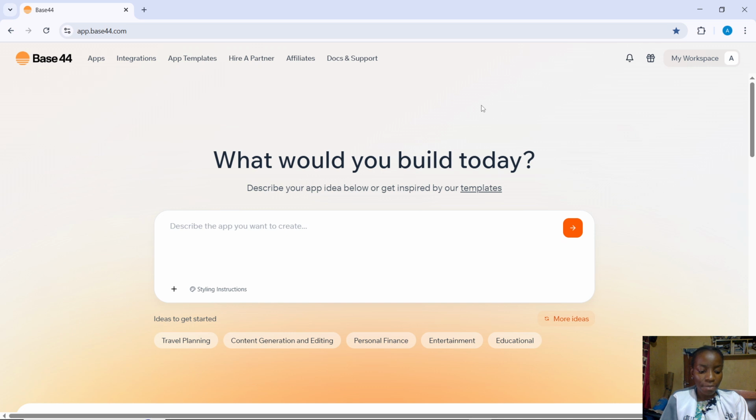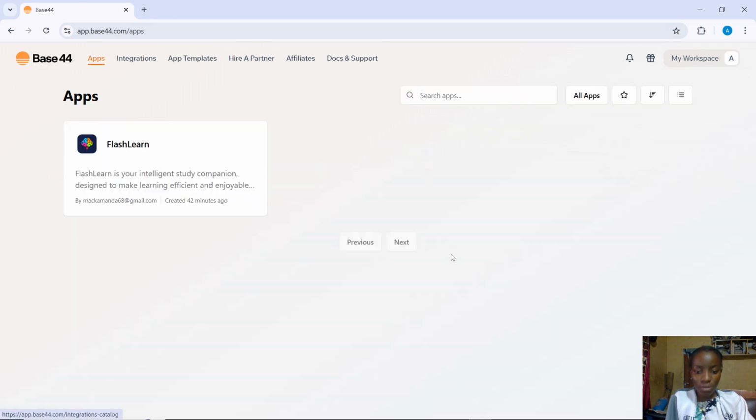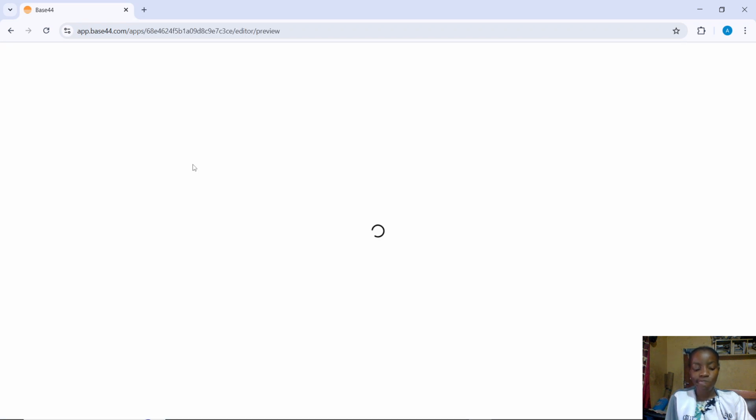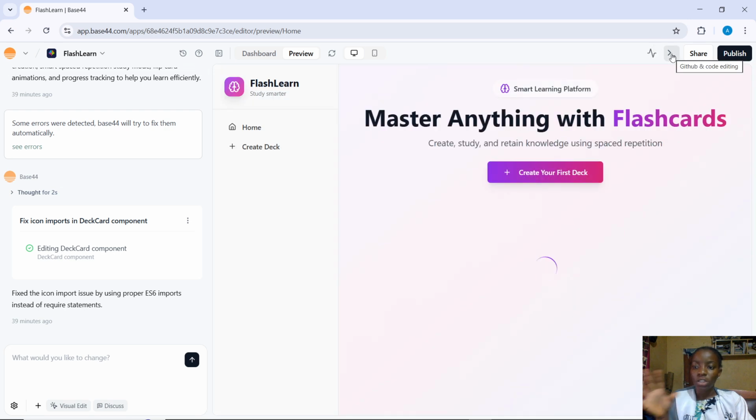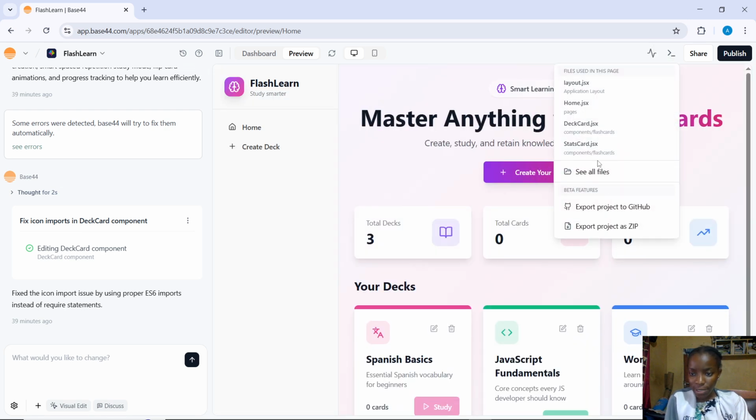So first, in Base44, open your app that you're working on, clicking on this. Once you're in the app editor, go ahead and click on the export option. Now at the top right corner, you're going to find this icon, GitHub and code editing. Now select export project as zip,